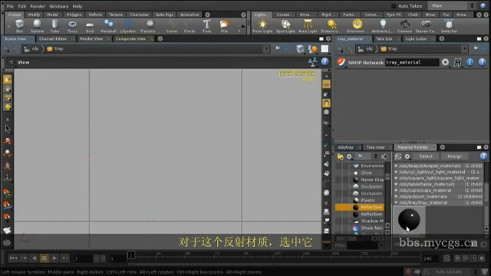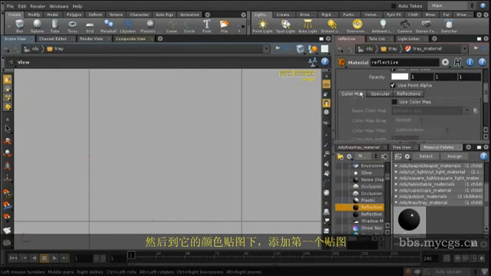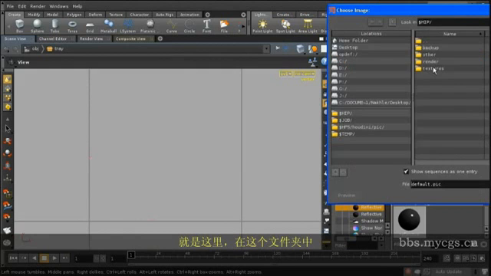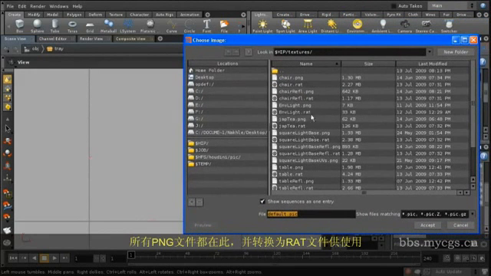For this reflective material, let me select it. I will leave its base color as the default. Then under its color map tab, here I will attach my first texture. So let me just check this use color map, and then I will click on this button to browse to my textures folder. Here is my textures folder, and inside this folder, in fact, I left all